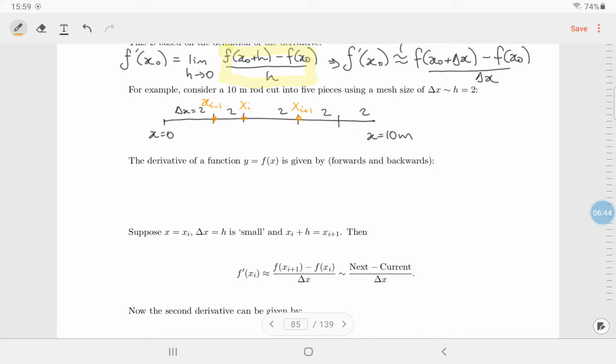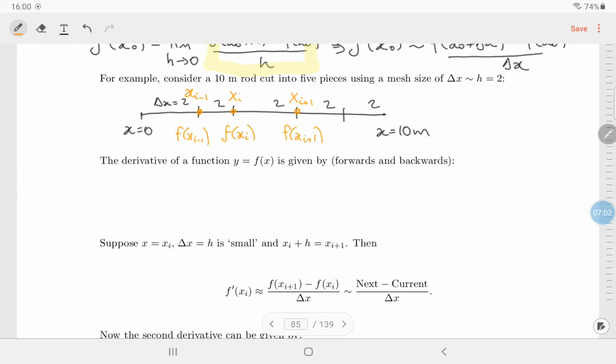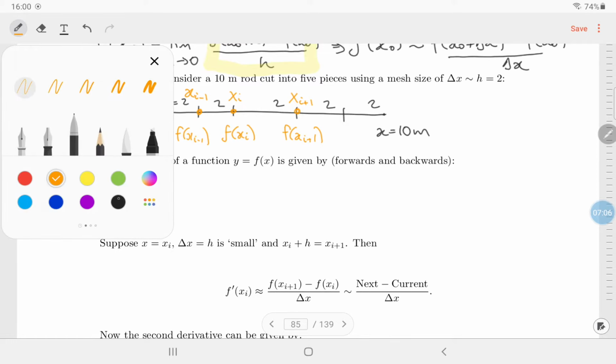What we're interested in is the value of some function at those 3 points, which you can think of as the temperature. So you've got the temperature at xi, in other words at 4, the temperature at the next point, and the temperature at the previous point. So you've got points and values of the function. You can think of the temperature there. So we can write down something here